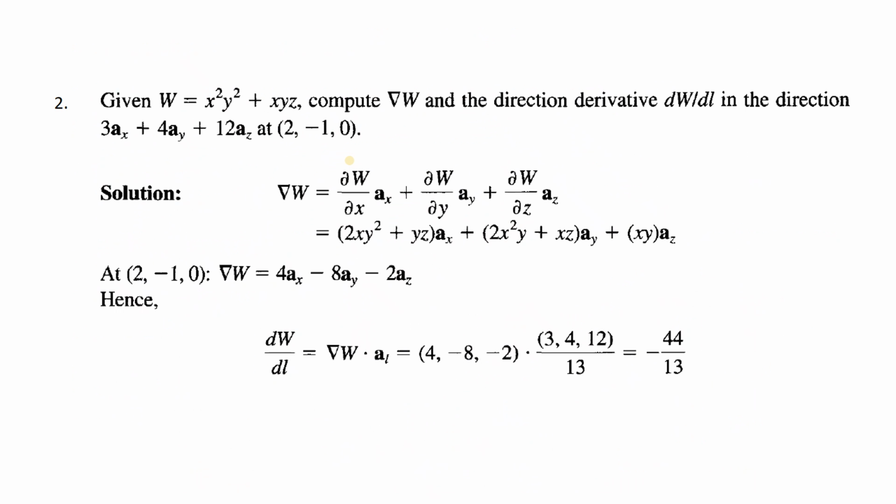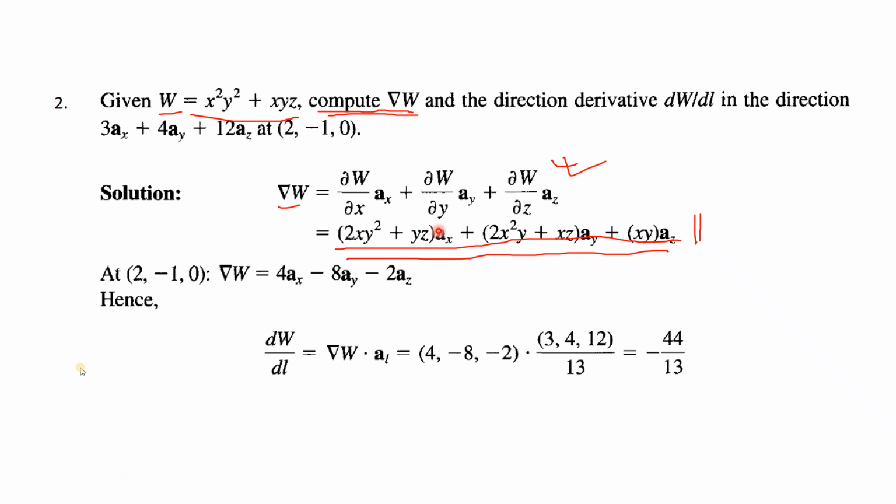Now coming to this particular problem, here it is told that W is a scalar quantity. We have to compute the gradient of W. Very easy. We will just apply this formula. This formula is known to us, and you will get the value. So this is the gradient. Now the gradient is not dependent on a point, because the gradient is now a vector.